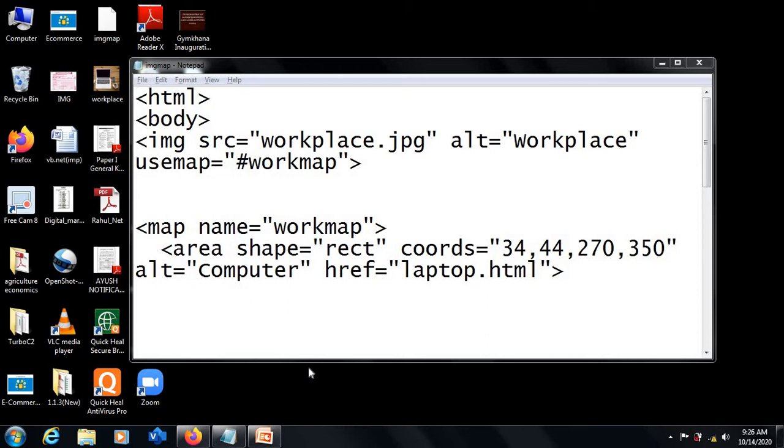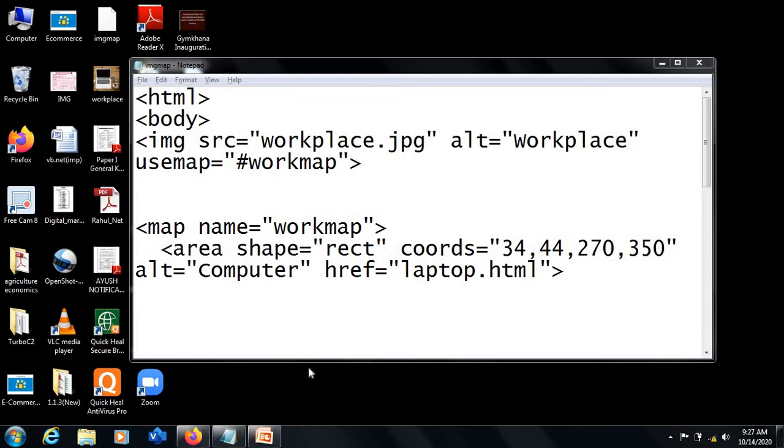Image map is all about creating clickable areas on the image that we insert in a web page. What do we mean by clickable areas? Using image map, we can further categorize or divide our single image. For example, when you insert a particular image in our web page, we can divide that image in 4 parts or 5 parts, or according to a certain shape like a circle or rectangle, and we can create separate references or separate links for those divided parts.